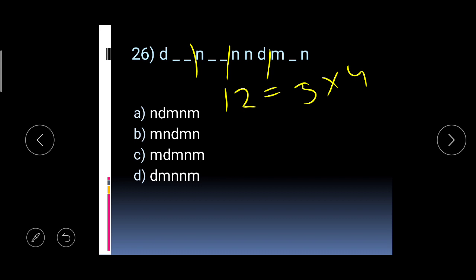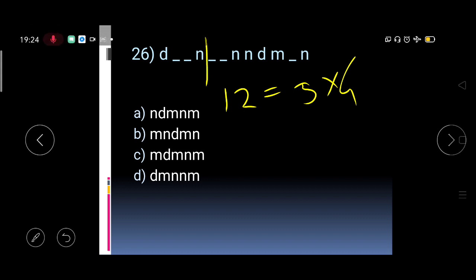So in some of the questions, when you are dividing by 3 and you are not getting any pattern, then you have to flip it. That means you have to make a group of 4. Let's try to make a group of 4: 1 2 3 4, 1 2 3 4 and 1 2 3 4. Let's see if we can see any pattern in this.